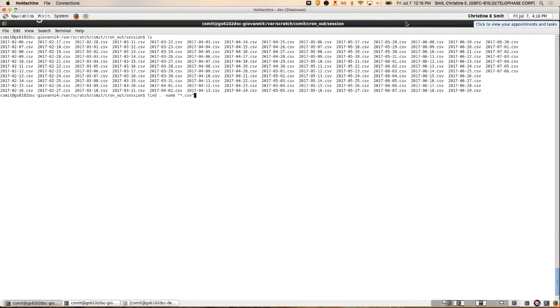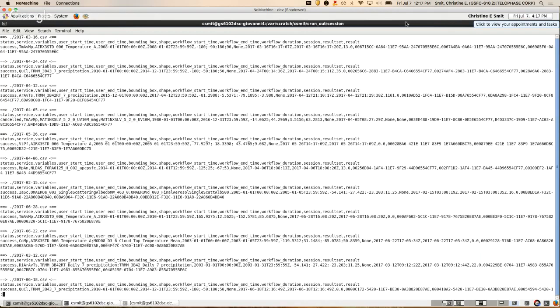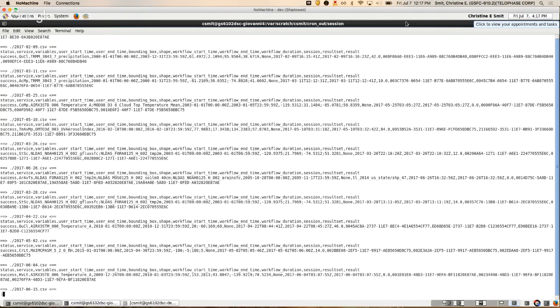So we're going to find all the CSV files, and then we're going to write xargs head space -2. This says for every line that find outputs, run head -2 on that line. And then I pipe it to less. So here we go. I have the first 2 lines of every file.